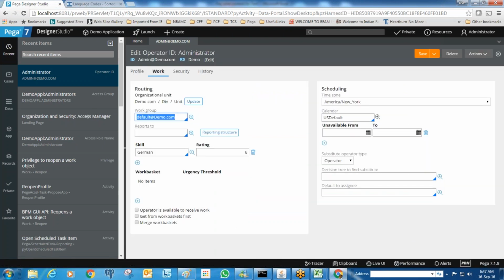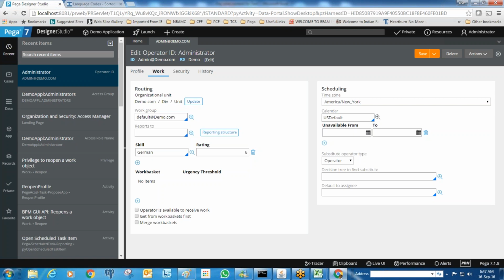And then work group. When you joined a company, you belong to some team. For the team also you will be given some name, right? So here also in Pega, which team you belong to dictates the work. Work group is nothing but a group of people working together for a common objective. So we call them a work group here. So work group is equal to the team. In generic terminology, we call them a team. So which team you belong to, you need to mention here.